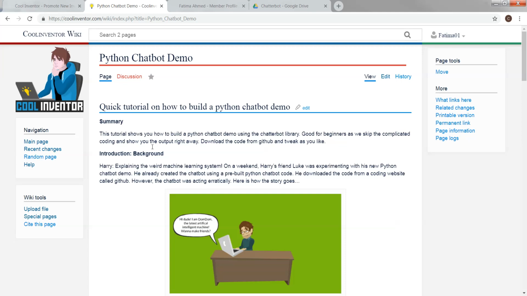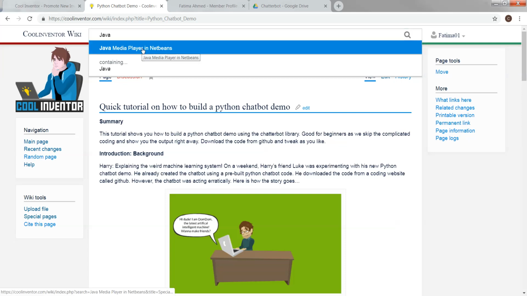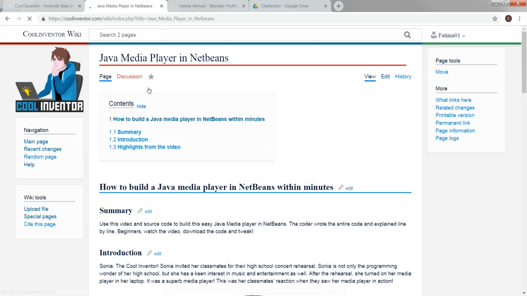Sometimes it's good to add a heading, I mean, like contents and different indexes. I mean, that's not required, but that's a homework for you. If you have time, see if you can add those contents and the agenda in the beginning. For example, I wrote another article here, Java Media Player in NetBeans,